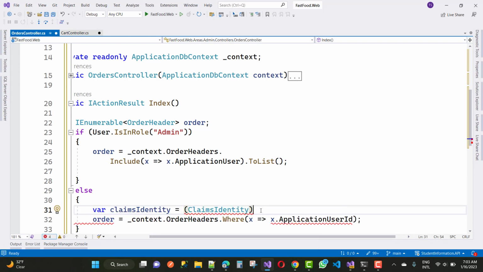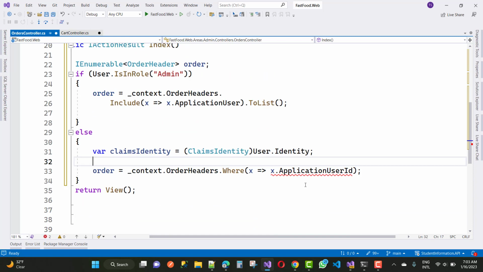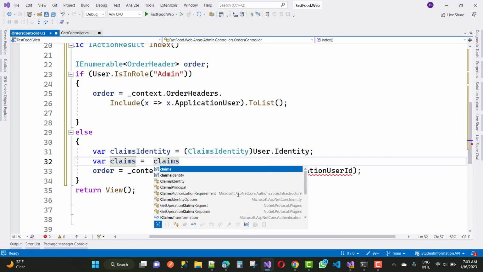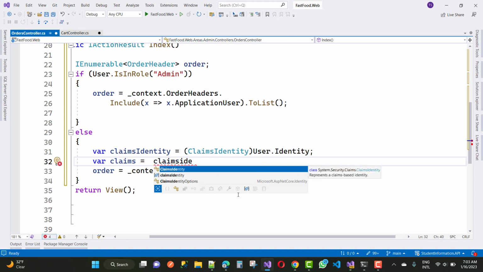So claims user.Identity. Okay, because the user identity is also a claims identity. So claims, where claims, and just you can say claimsIdentity.FindFirst,